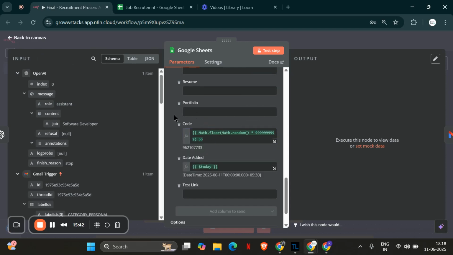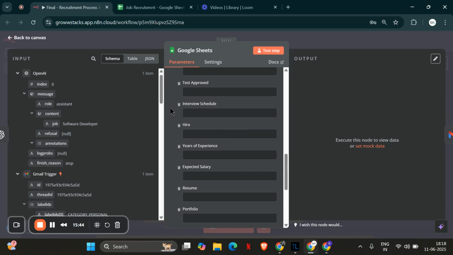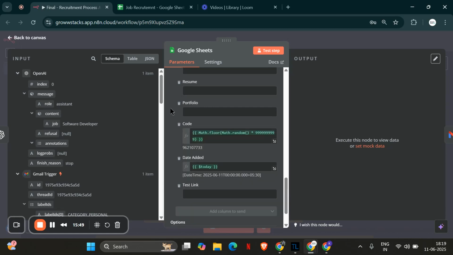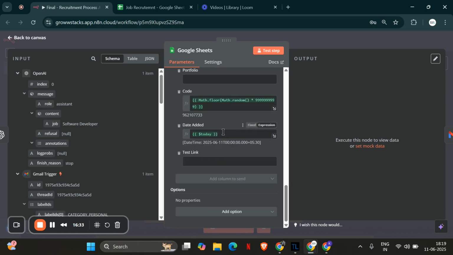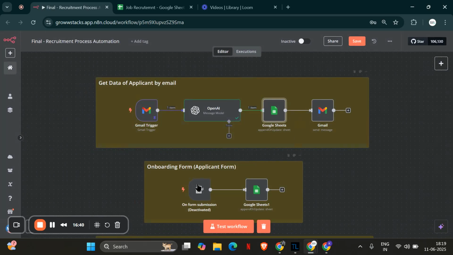So I use a code here because every applicant needs a unique ID, right? So here we use Math.floor and Math.random multiplied by a 10-digit number, which gives a random number, a code. Now there's a date, so we use today's date, and this part is done. So here is our last node. We just run this